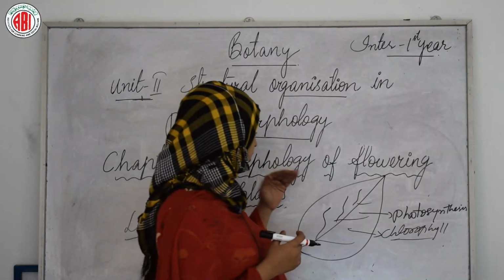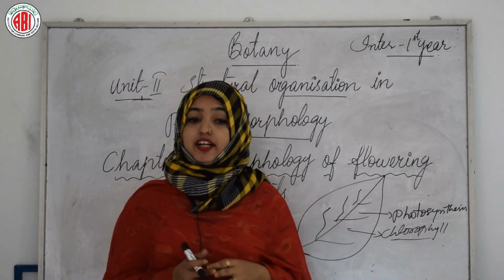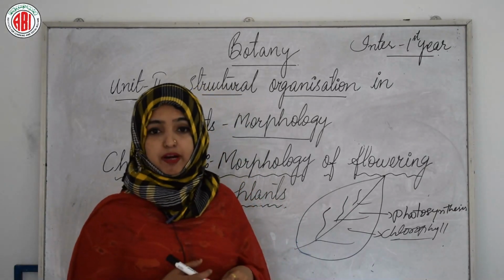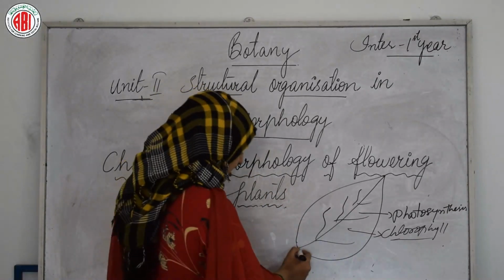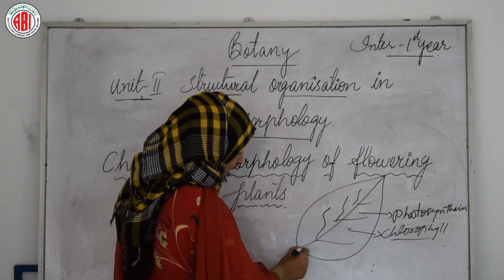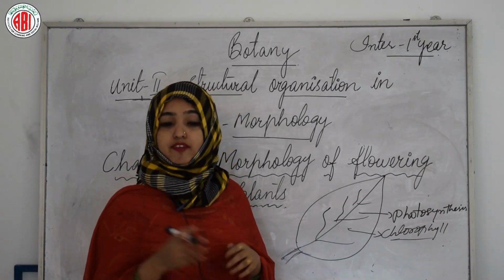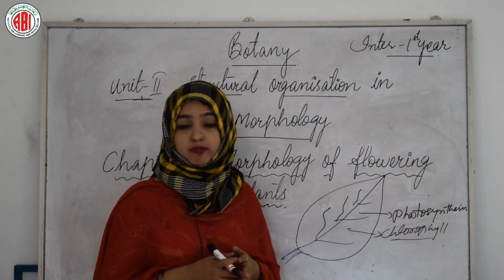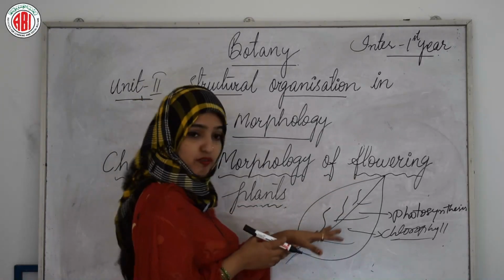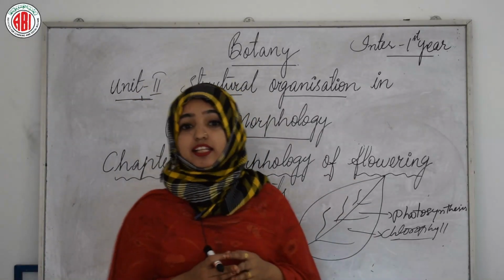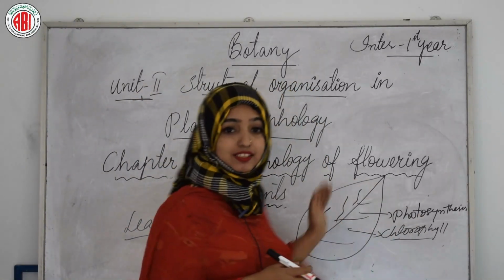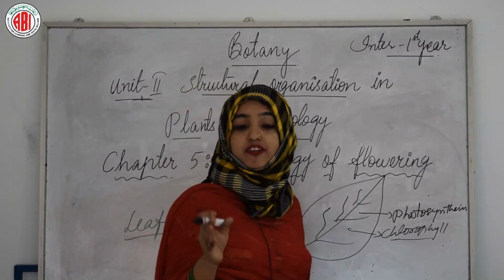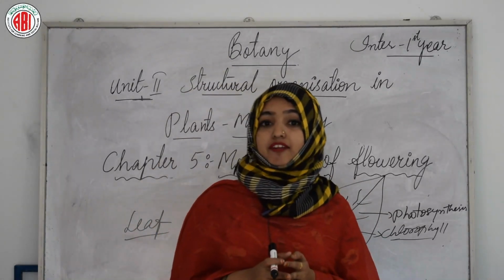So, coming to the different parts of the leaves, a typical leaf consists of three main parts. That will be normally a leaf base that attaches the leaf to the stem, the second will be the petiole, and the third one will be the lamina. Lamina will be the surface of the leaf actually, and the leaf is attached to the stem by the leaf base, as I have told you, and may bear two lateral small leaf-like structures that will be called as